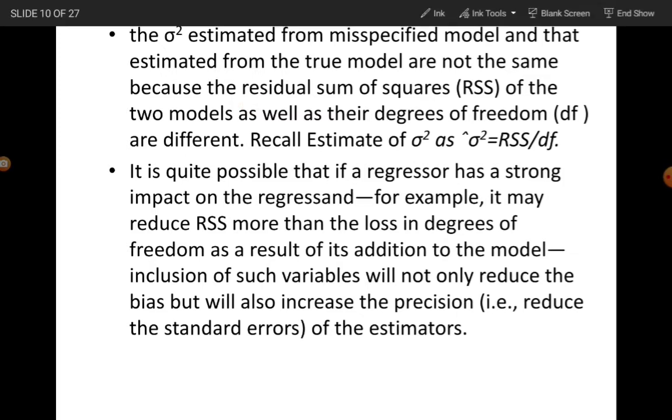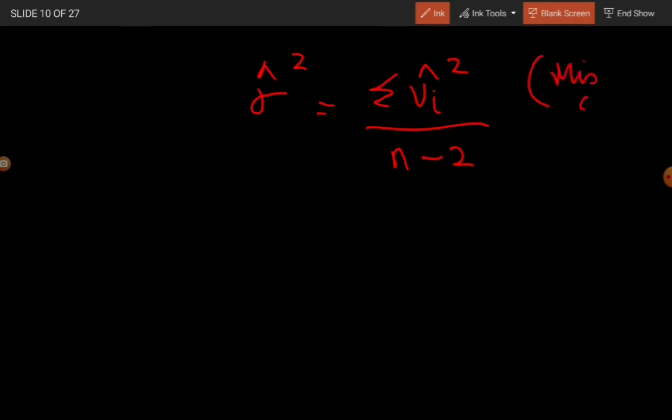Sigma hat square is the unbiased estimate of sigma square, population sigma square, and it is given as summation ui hat square divided by the degrees of freedom. And in the case of the misspecified model, if you remember, we had estimated only two parameters, alpha 1 and alpha 2. This is in the misspecified model. Okay, whereas in the true model,